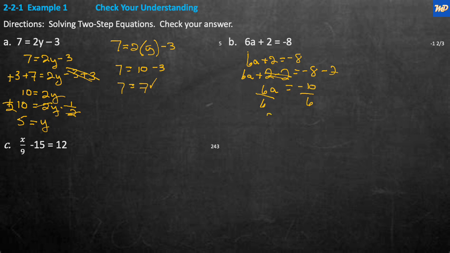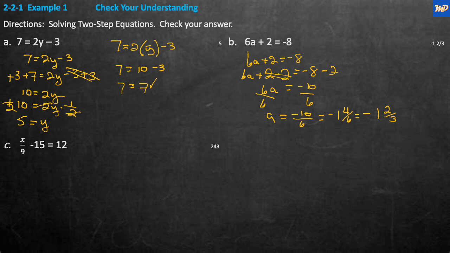And when I do that, I'm going to get a is equal to negative 10 over 6. And what does negative 10 over 6 equal? Well, 10 divided by 6 is going to go 1 time, and I'm going to have 4 remainder, so that's 4 sixths, which equals negative 1 and 2 thirds. Okay, and negative 1 and 2 thirds, if I put it into our equation here,